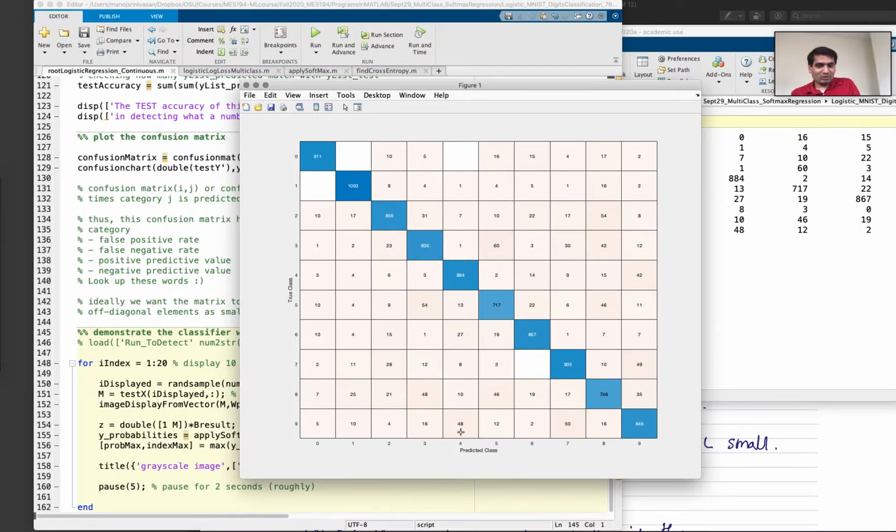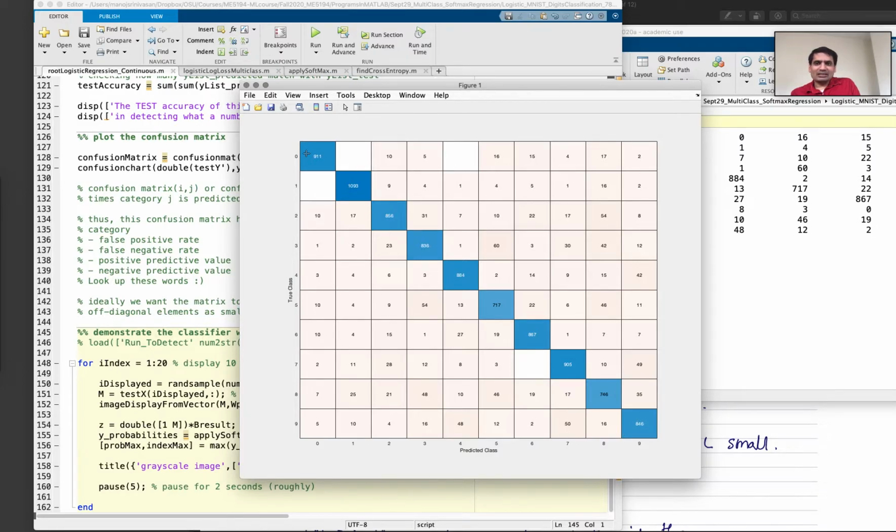There's quite a high number of 4s when the true class is 9, presumably because 4 sometimes looks like a 9, right? 7 also looks like a 9. So when the true class is 9, an unusually large number is labeled as 7. A pretty small number is labeled as 6, which is interesting. But most of the time, 846 times,